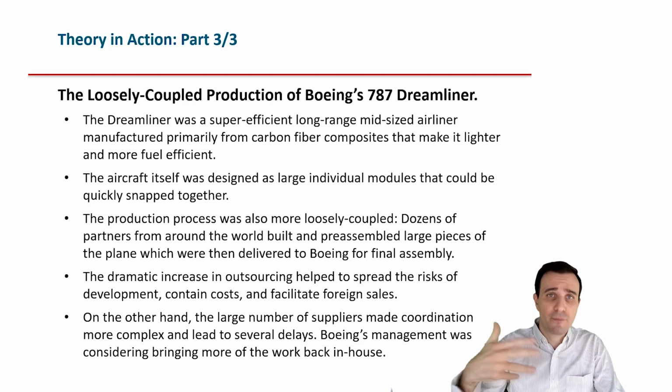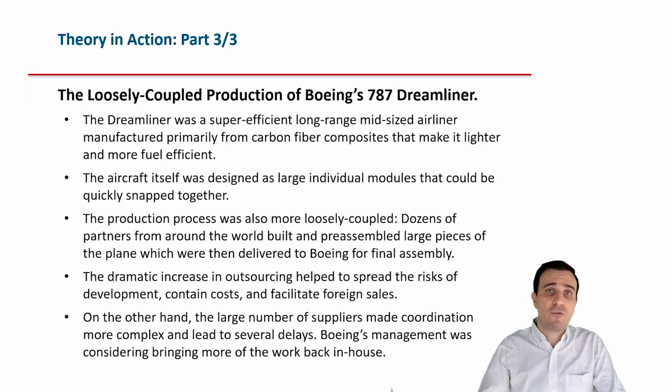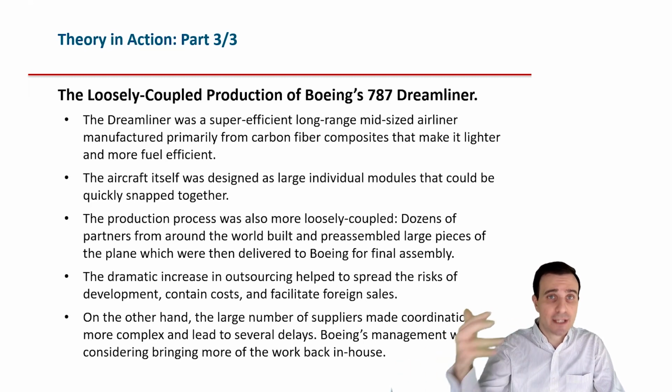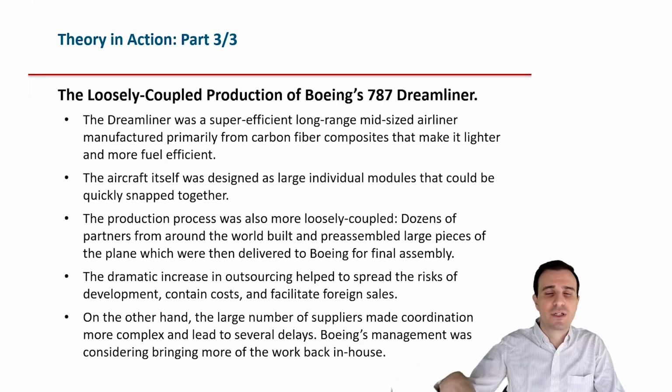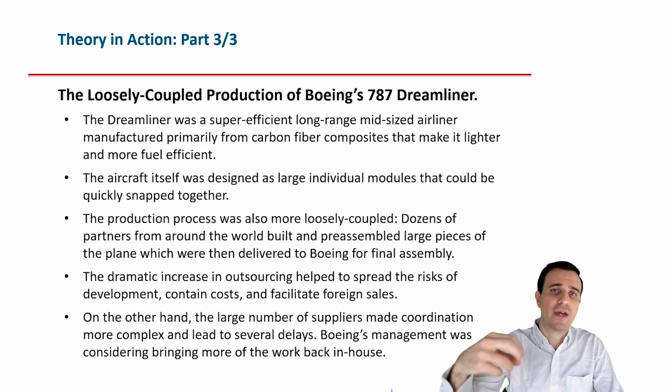And this was for many reasons. One, of course, to reduce the cost. The other one was to tap on the specific expertise and capabilities of the suppliers. And the final one is that many governments encourage aerospace as a crucial industry for their economies, and of course they give some benefits in case you engage suppliers from other countries like Japan or Europe,